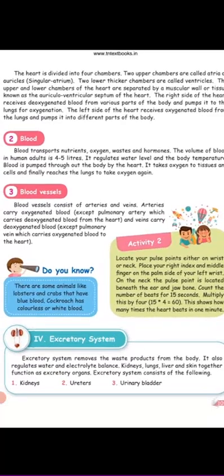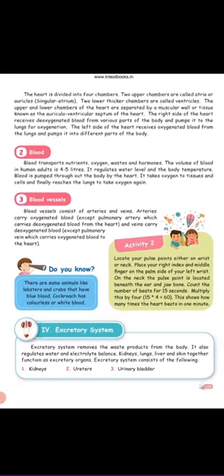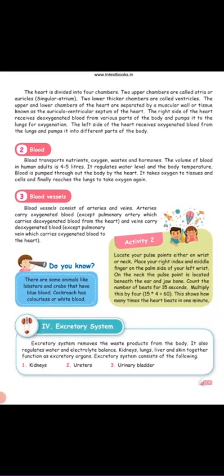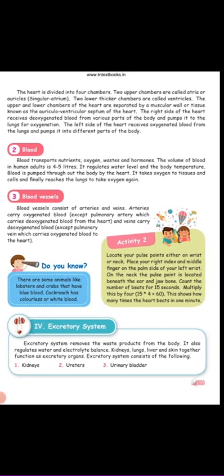The next one is the excretory system. So what is this excretory system? It takes the waste from our body; it removes all the waste from our bodies. The food which we take, not everything will be digested. Some food will be digested and some heavy foods won't digest very fast. So that is the waste.